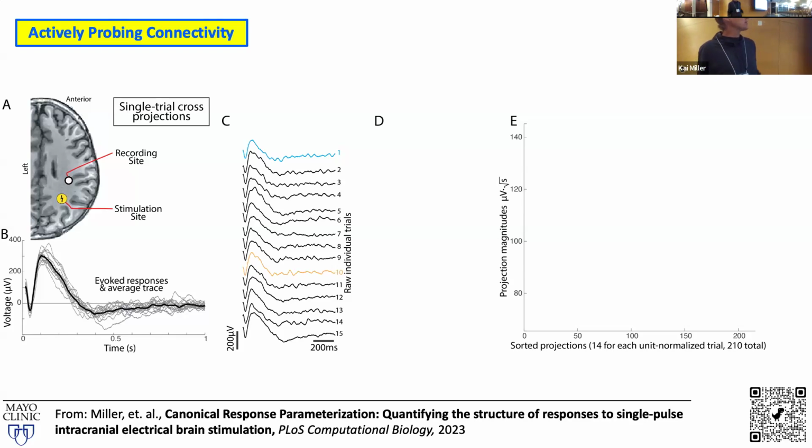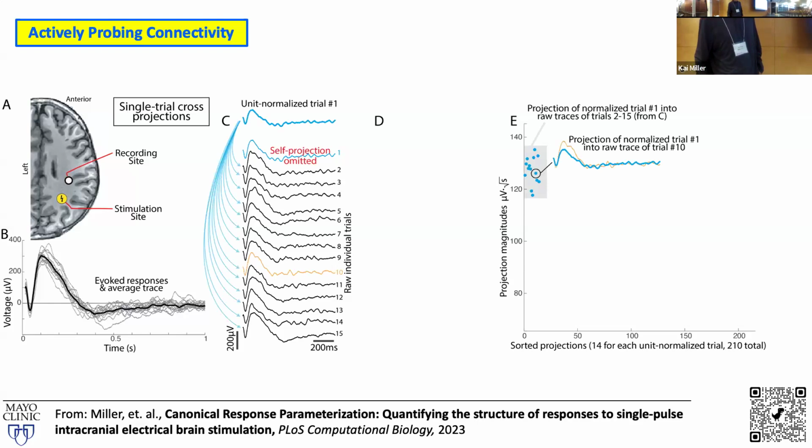So a trick we can do is we can take our 15 trials that we have here, and we can go, for example, for the first trace, and we can normalize it. That means we sort of take its magnitude away. And then we take the dot product of that normalized trial with all of the other trials. And that's what you're seeing over here. And you get a cloud of data. And if that data is greater than 0 and statistically significantly different from 0, you know that you have a